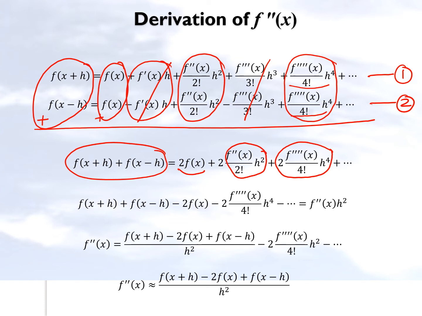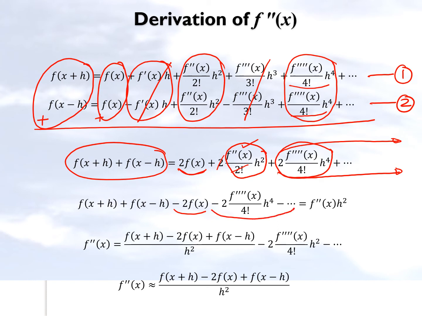So now we have to think about how I can find the formula for the second derivative of the function. We can very well see that this 2 factorial and 2 will cancel out also. So I want to somehow be able to find the expression for the second derivative of the function. So what I'm going to do is take 2 times f of x to the left hand side. I'm going to take all these terms. There are many terms here, guys, an infinite number of terms. I'm going to take all those terms to the left hand side.